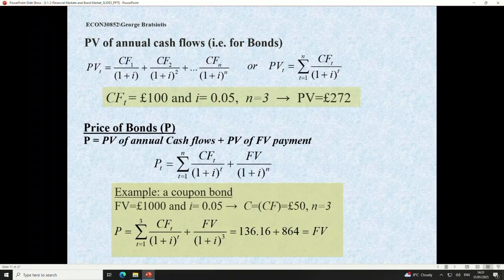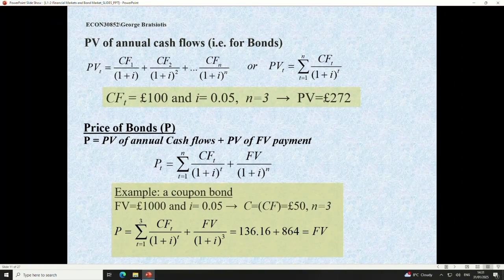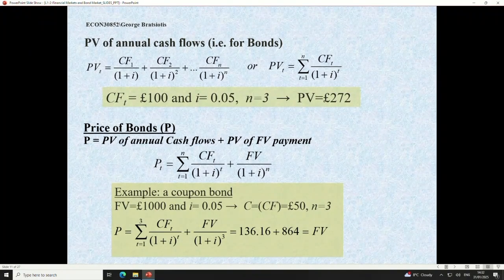Looking at this now, here's a very, very interesting question. Looking at this, where's the yield? Can somebody tell me? I've got all the information I need. How do I work out the yield? Obviously, you can go into a calculator, use all these values here: the 1,000 face value, the price that you paid, the coupon payment, the maturity. But of course, if you've got this and this, you don't need this.